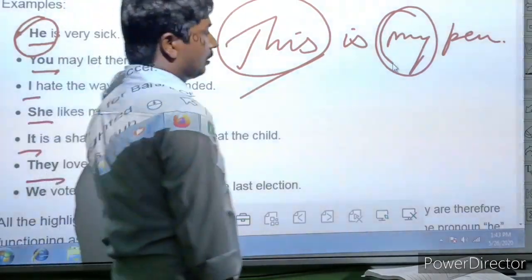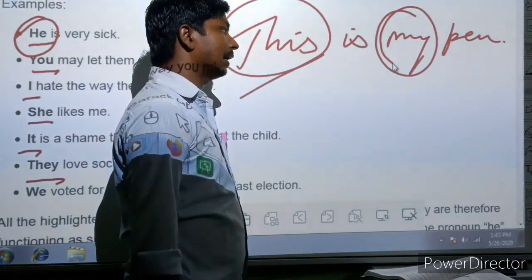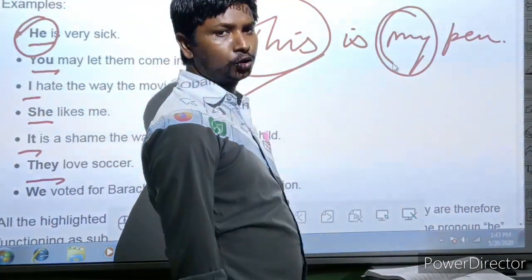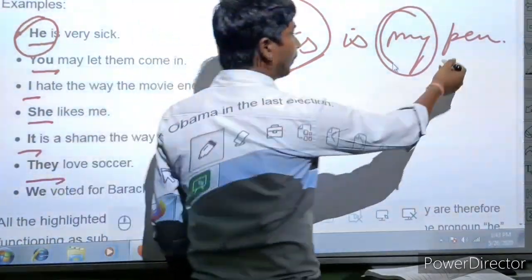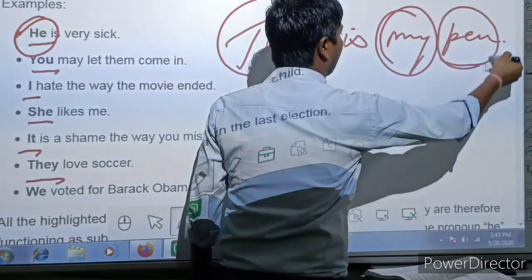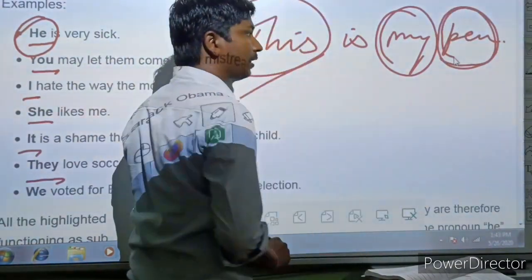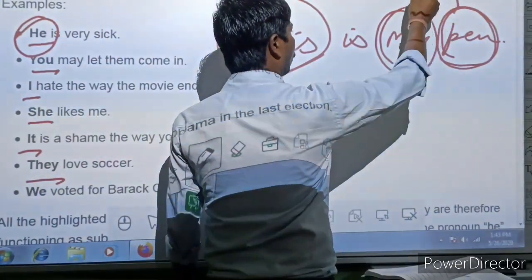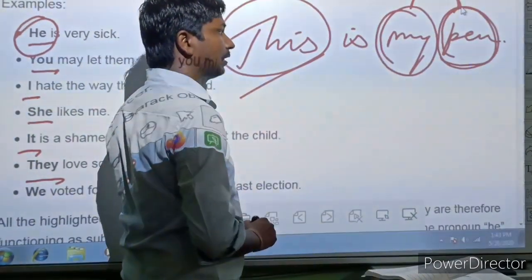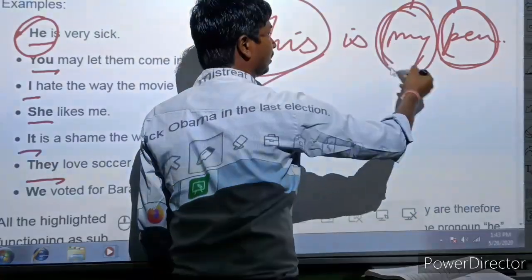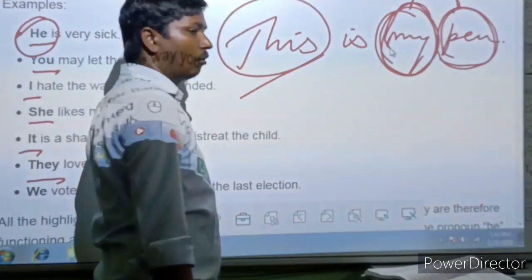My is a pronoun in English grammar and it can be used as a possessive to show possession of something. That I have already told you कि जब हम किसी वस्तु पे अपना अधिकार, अपने राइट को शो करते हैं तो उस राइट को, उस अधिकार को, उस पोजेशन को शो करने के लिए हमें पॉजिटिव प्रोनाउन का यूज करना पड़ता है. And then here you can see, this is a possessive pronoun.